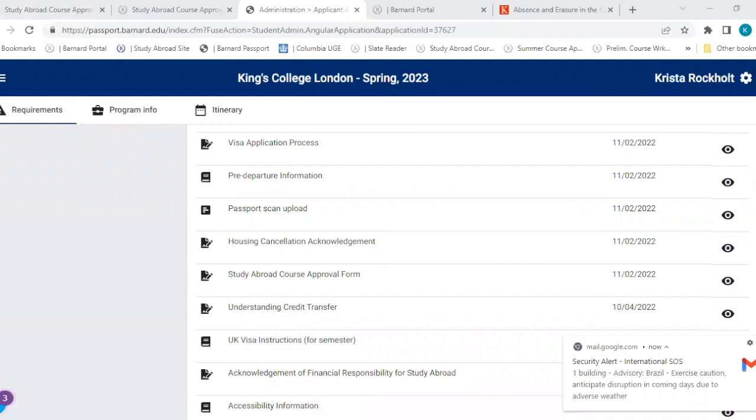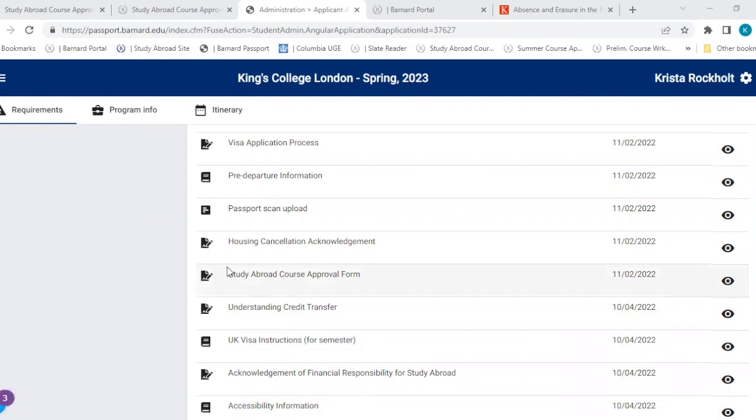Welcome to Module 3 of the Pre-Departure Orientation. This module will provide you with a demonstration of how to complete the Study Abroad course approval form and some